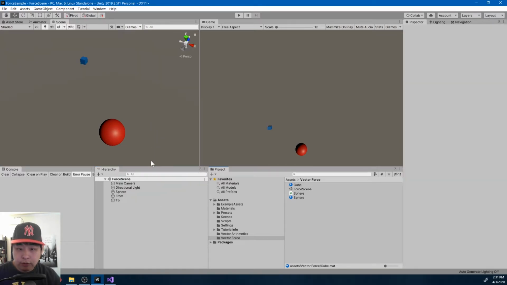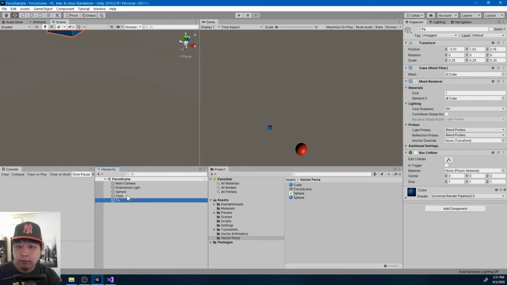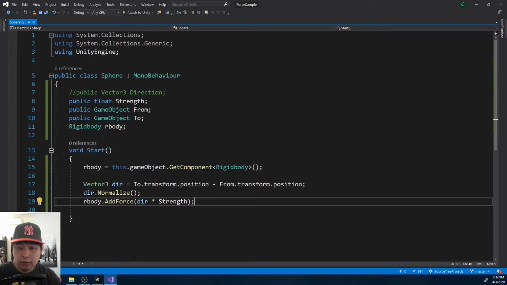And we can also start controlling the cube. So let's say we're moving the cube straight forward in this direction. And depending on your arrow key, we could either add a force to the right side or to the left side. So back in the code,